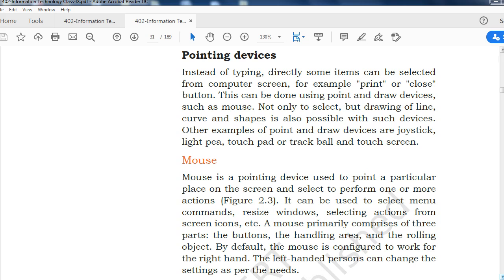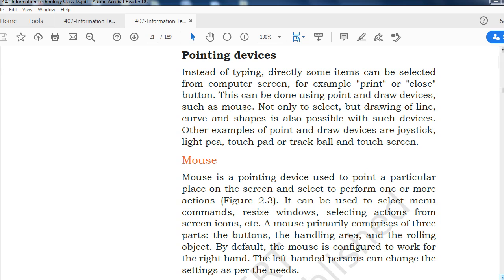Not only to select, but drawing of lines, curves, and shapes is also possible with such devices. Other examples of point and draw devices are joystick, light pen, touchpad, trackballs, and touch screen. All these are pointing devices, right? Instead of typing, directly some items can be selected.